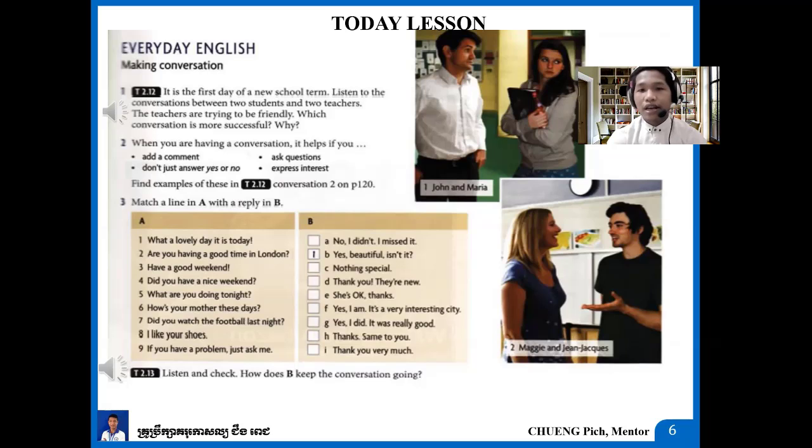As you know, at the end of the conversation of John and Maria, John said, "Not in my class." So it means that he doesn't like Maria in his class because she just said yes or no. She doesn't add any idea or express any interest at all. However, Mackie and Jin have a good communication because they talk to one another and express everything. So they are happy to be a student and teacher in the class together.